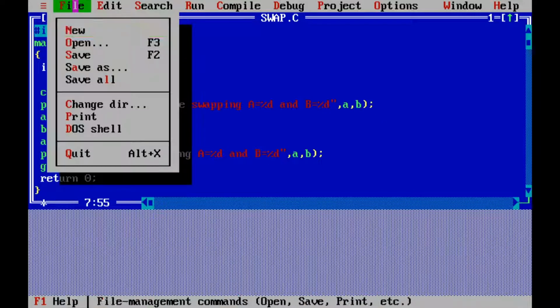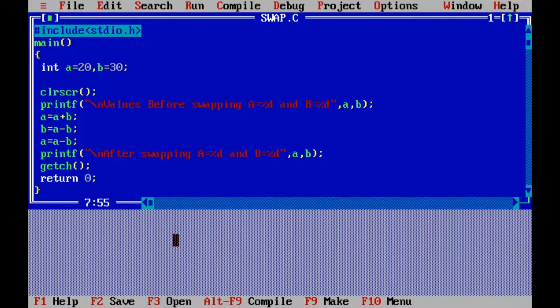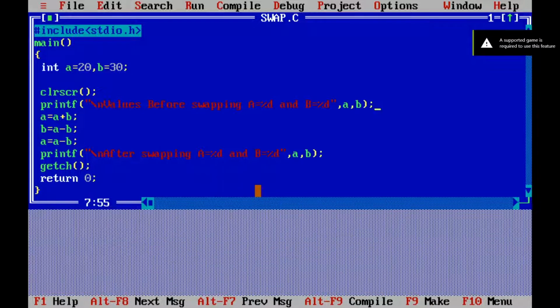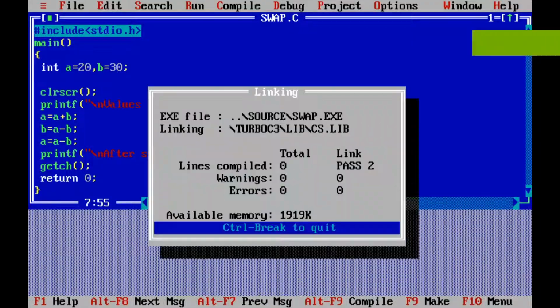Let's save this. Alt F9 for compilation, so we don't have any errors or warnings. Let's run this. Control F9. Yeah. So the values before swapping were a is equal to 20 and b is equal to 30. After swapping, it will get swapped to a is 30 and b is equal to